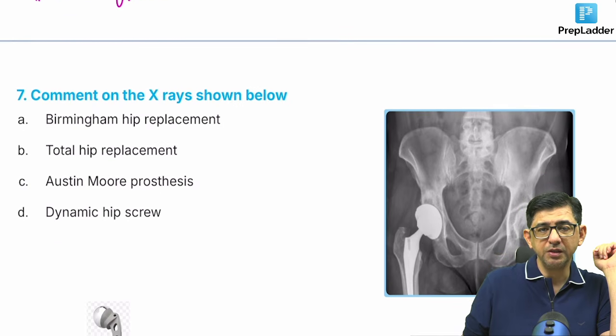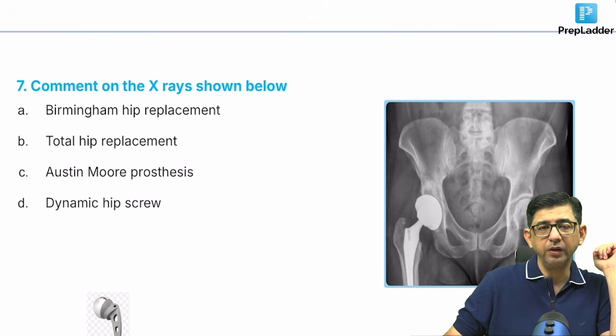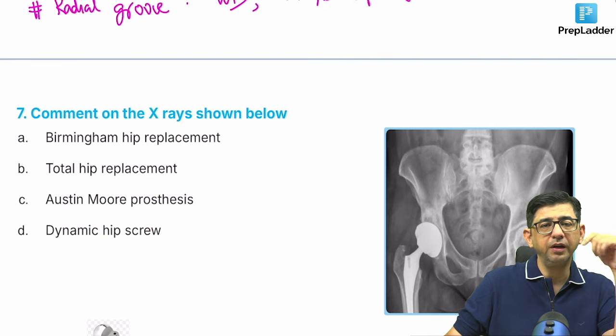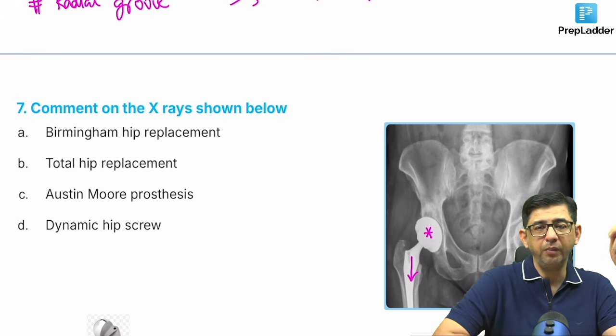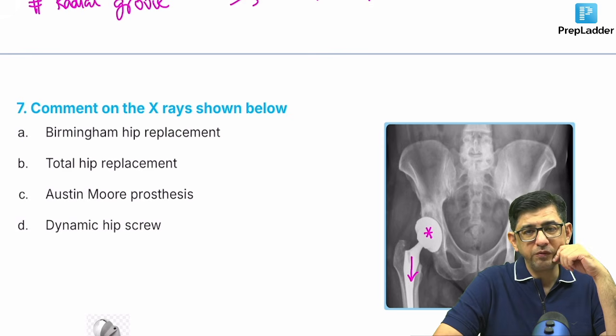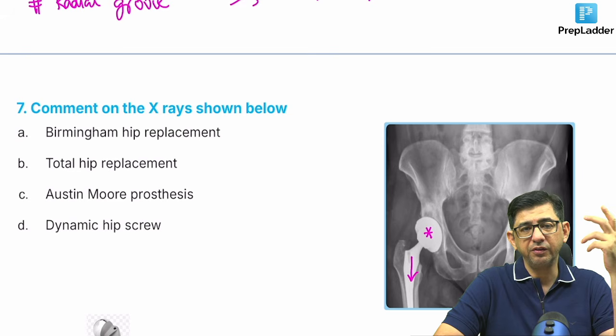Like this is a surgery that has been done, right? And he says comment on the x-ray that is shown in this particular case. Yes guys, you can see this implant, very characteristic. You can see the head of the femur, then it has been hammered into the bone marrow of the femur so that it is able to hold its position. Sometimes even bone cement may be required. So he says comment on the x-rays that are shown.